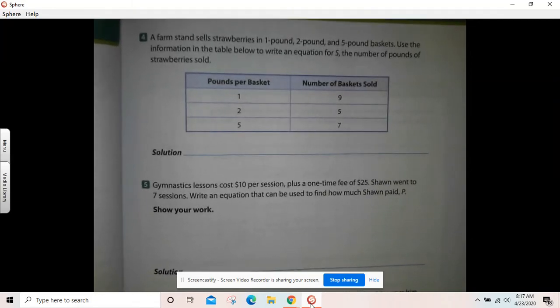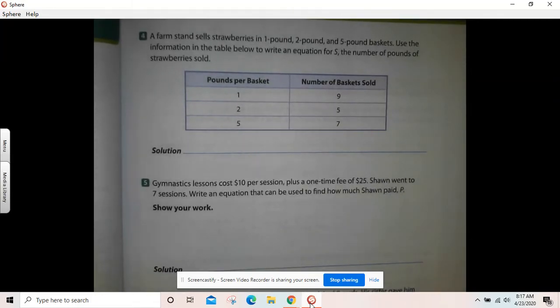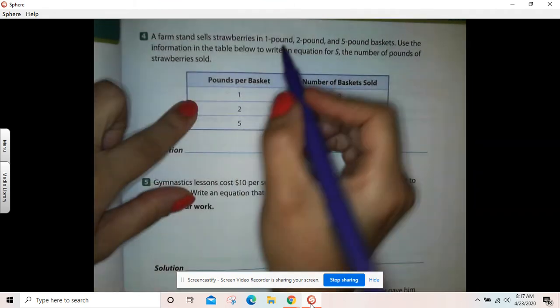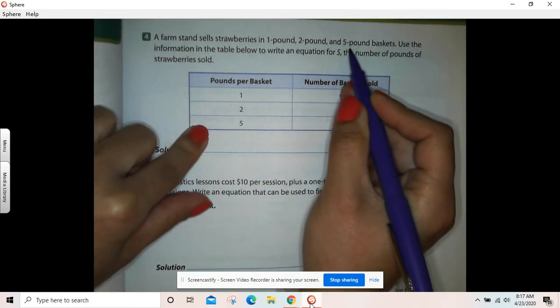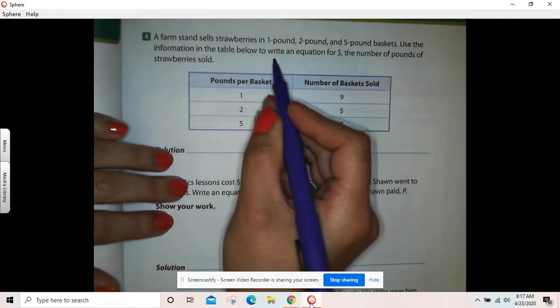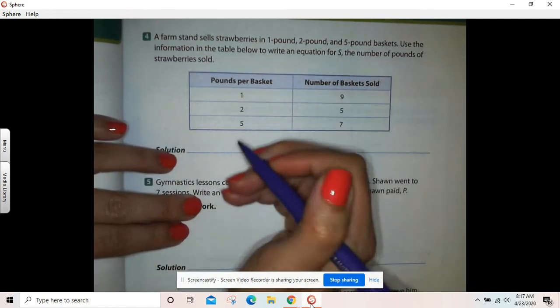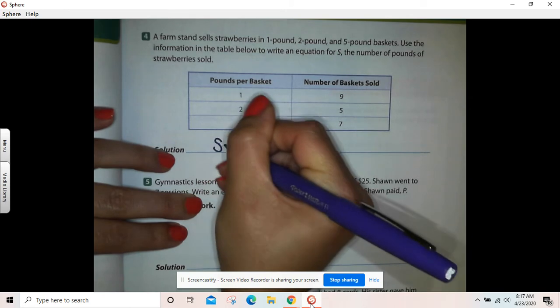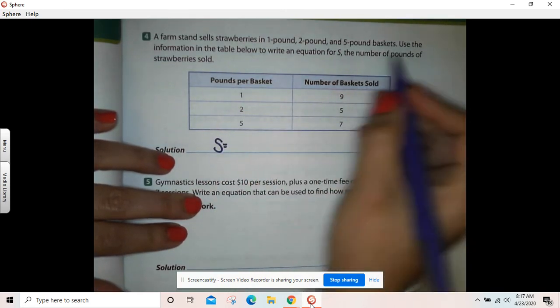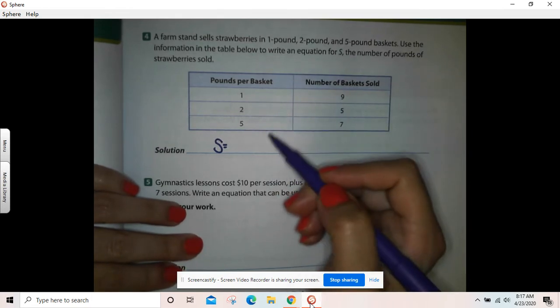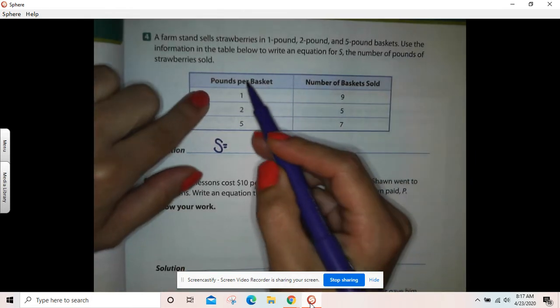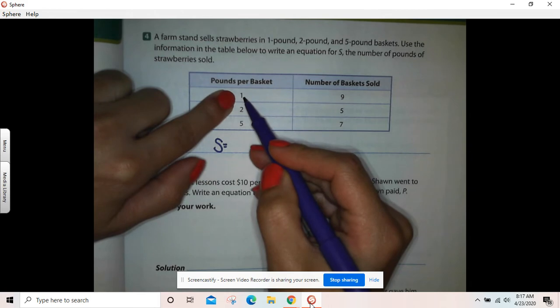Number 4, a farm stand sells strawberries in 1, 2, and 5-pound baskets. Use the information in the table below to write an equation for S, which will be the number of pounds of strawberries sold. So I'm looking at my table, and I know that I had baskets that weighed 1 pound,